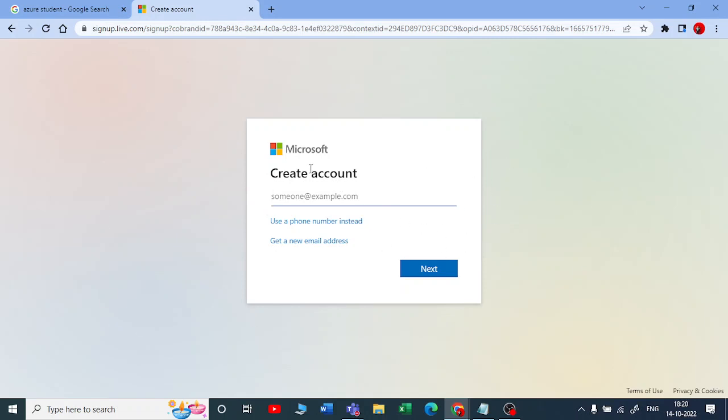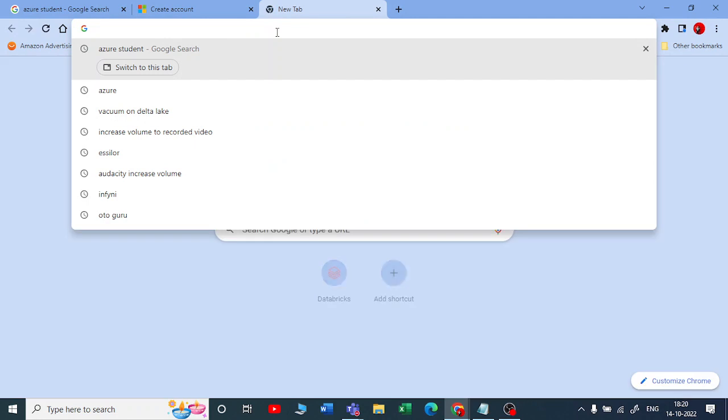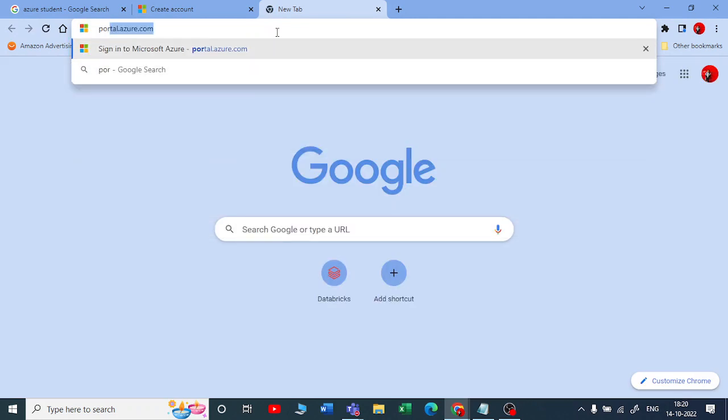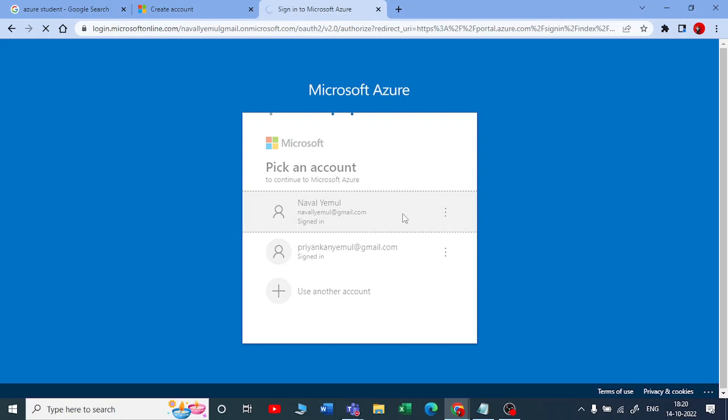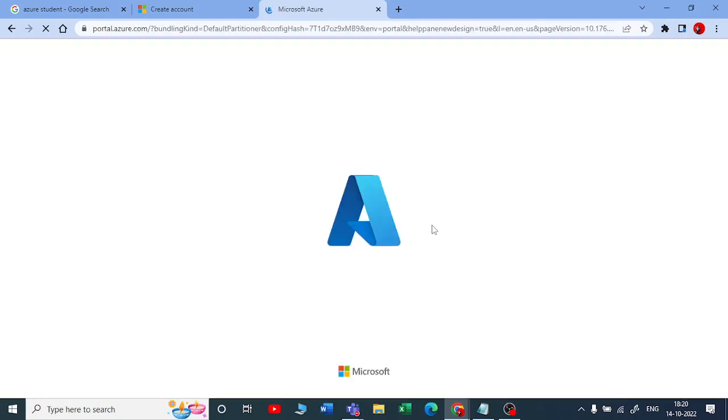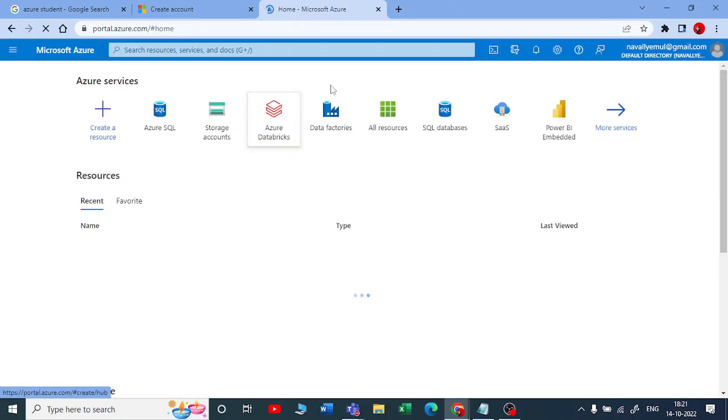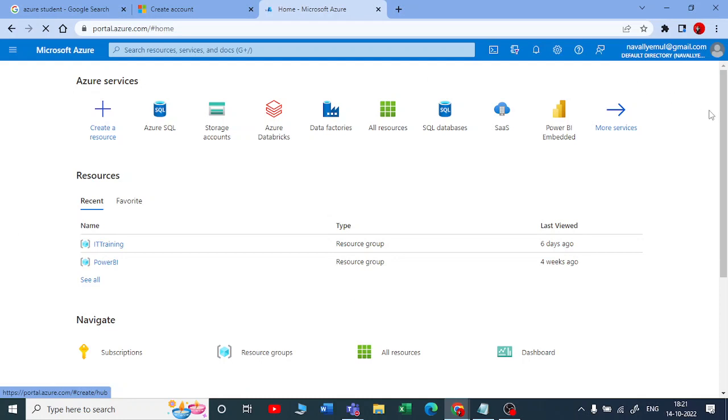And once you set up an account, you can come to the Azure portal website, portal.azure.com, and click enter. Once you enter it, it will ask you for your email address. So you can pick up your email address. This is the user interface you will get once you enter Microsoft Azure. This is the page you look at